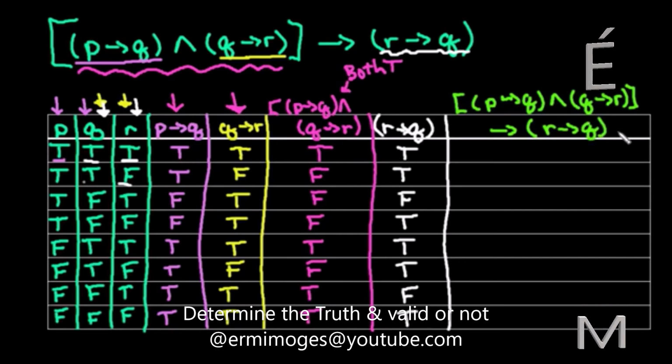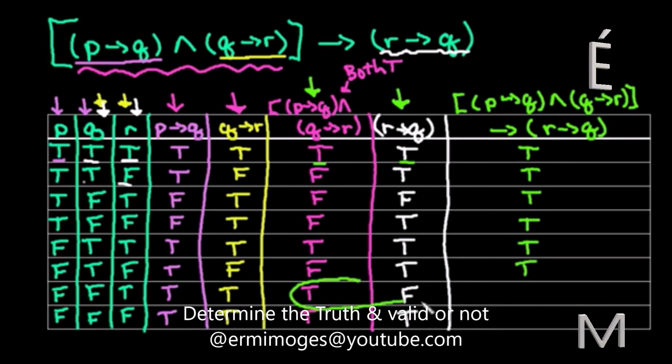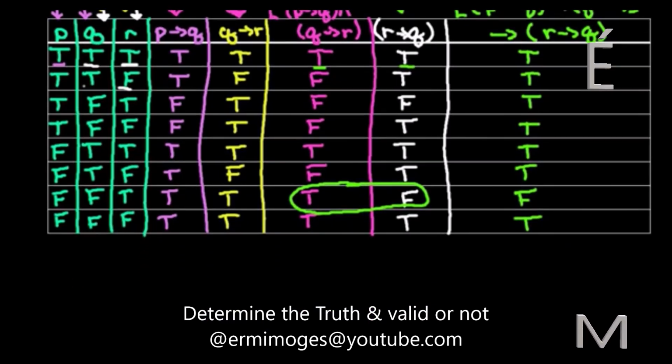By setting it up the way that we did, we're going to look at this column here first, followed by this column here. So you don't have to look at all of the individual things, you can just look at the columns. So we have true and then true, which is true. False and then true. False and false. False and true. True and true. False and true. And then right here we have the combination true and then false, which leads to a false statement. So since we showed that at one point we can find a false statement, this is not a tautology,